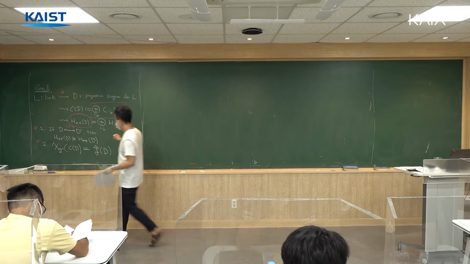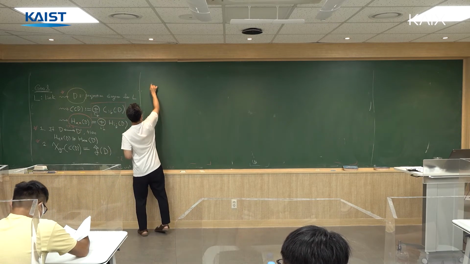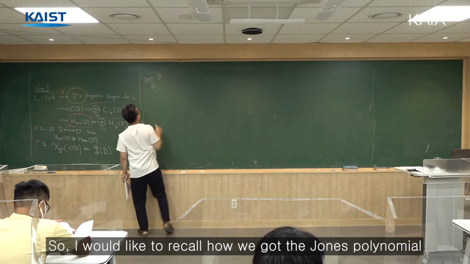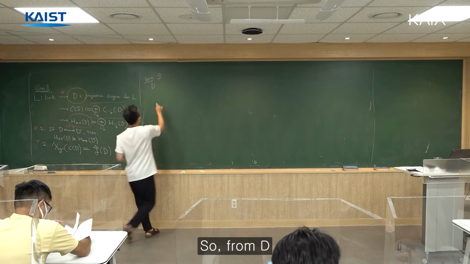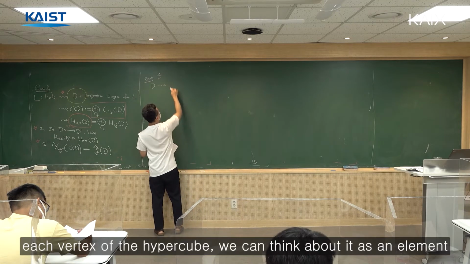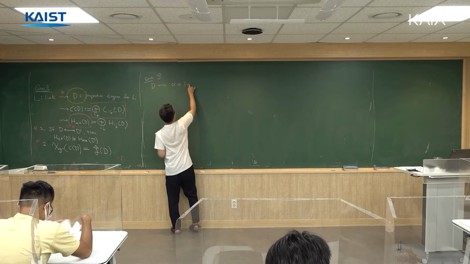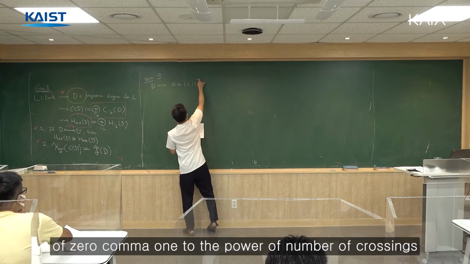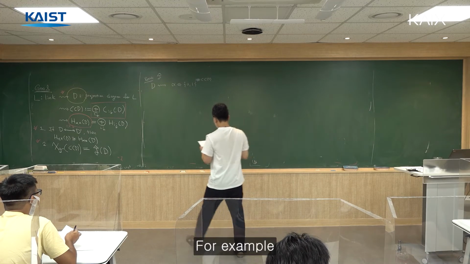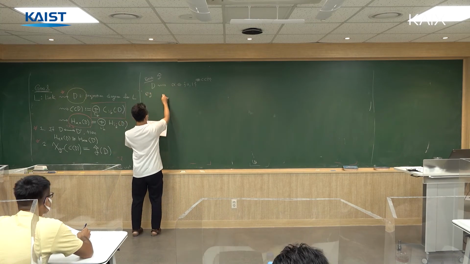So let's start with a diagram. I would like to recall how we got the Jones polynomial. So from D, we have this hypercube, and each vertex of the hypercube you can think of as an element of 0, 1 to the power of the number of crossings in the diagram. Okay. For example, when we're looking at this Hopf link,